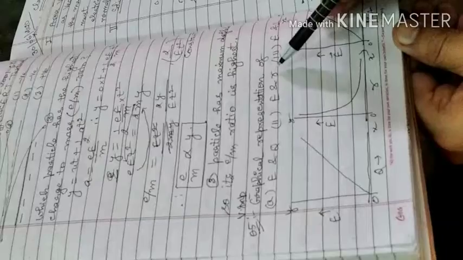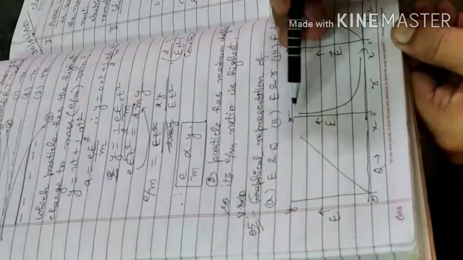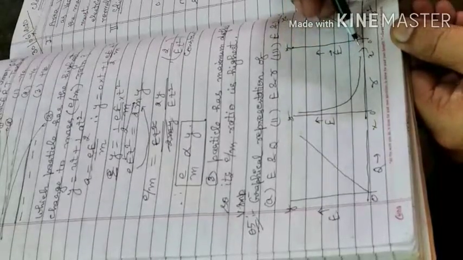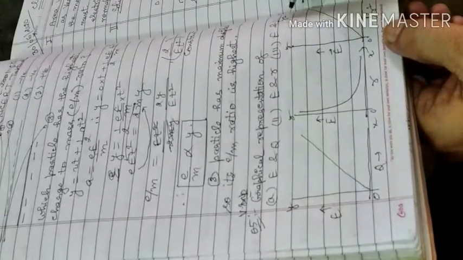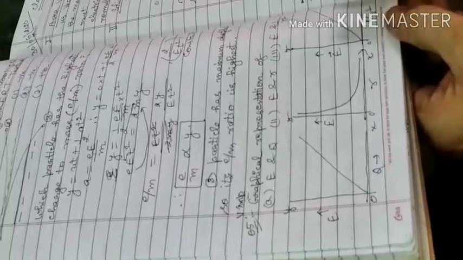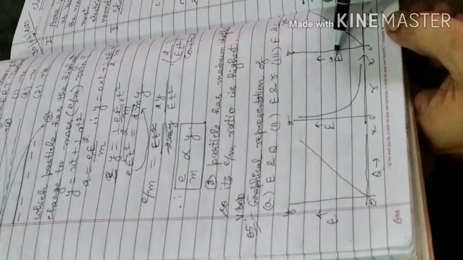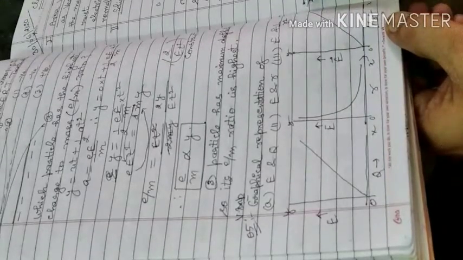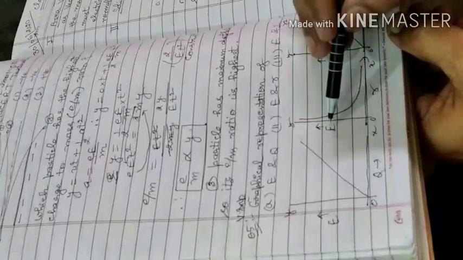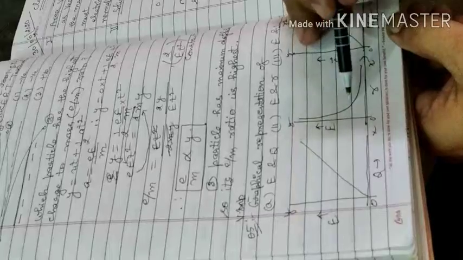But if we plot the graph between E and r, then it is a curve, because E is not directly proportional to r, it is proportional to 1 upon r square. So if you plot the graph between the electric field and 1 upon r square, then E is directly proportional to 1 upon r square, and again you will get a straight line. Only this differs, because E is not directly proportional to r, so this will be the curved graph.